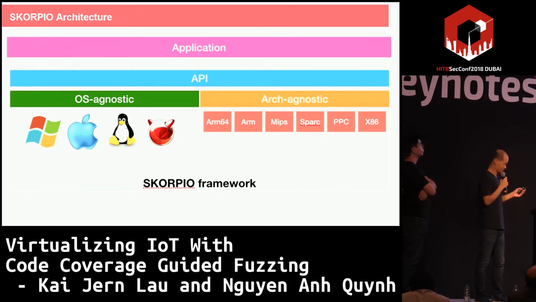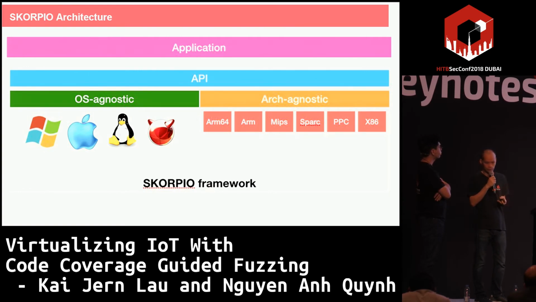Yeah, so here's a very high-level overview of how Scorpio is built. On top of Scorpio, you build your own instrumentation, and it provides an API for you to build your instrumentation tool on top of Scorpio. And we support all kinds of operating systems and all kinds of CPUs by